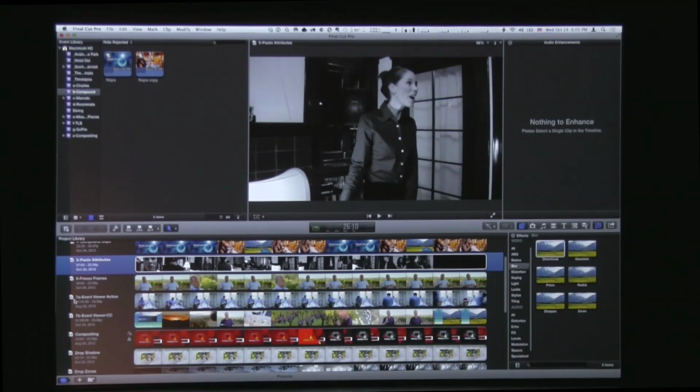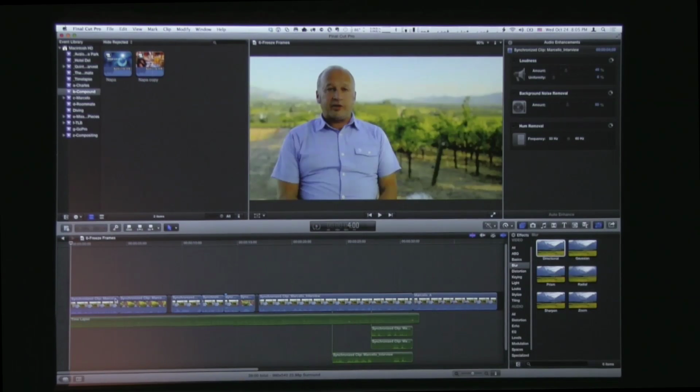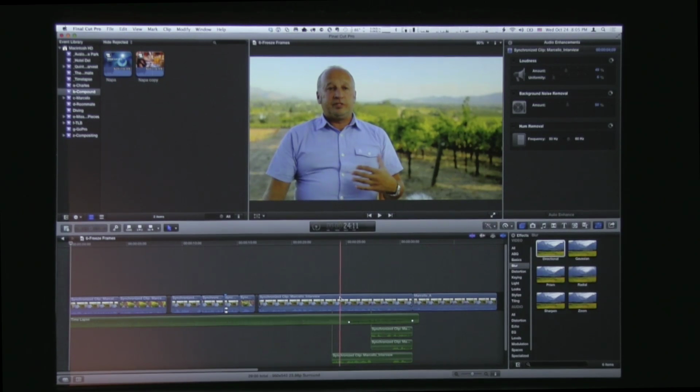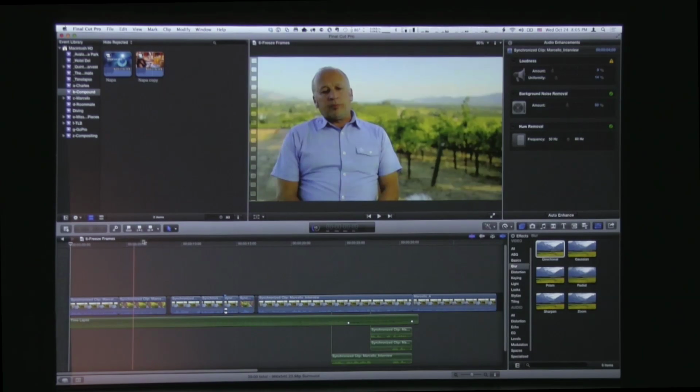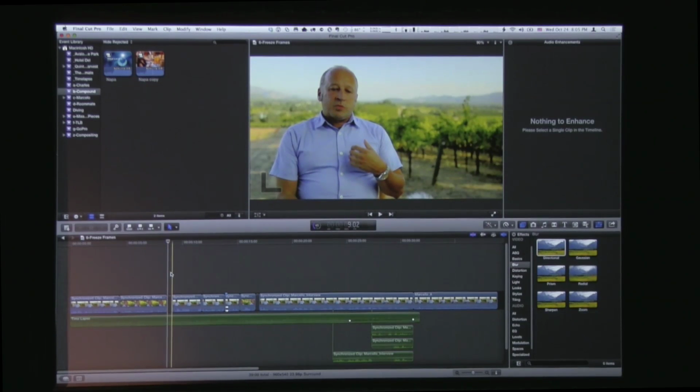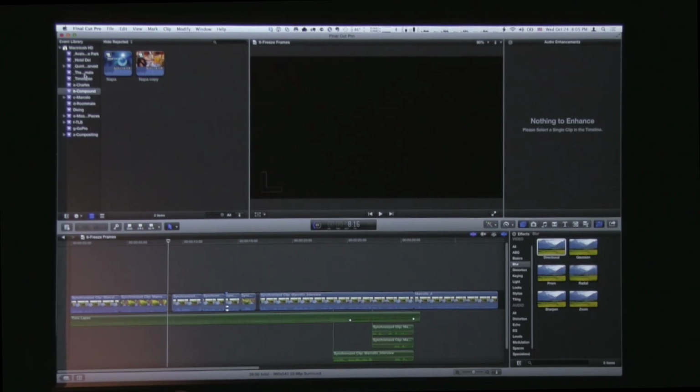Here's something else that I think you will use frequently, which is we've been able to do hold frames in Final Cut Pro 10, which is great when you want to have something in the timeline freeze, but what if you want something from the event? So for instance, I've got this interview footage here, and now I want to have a bunch of cutaways, and I want to use some stills for that. So what I can do